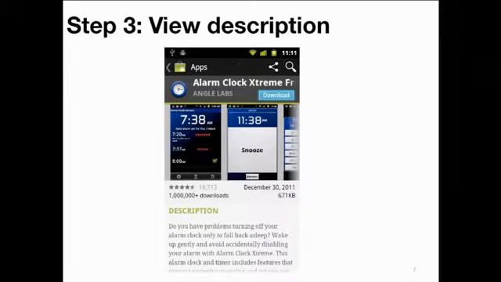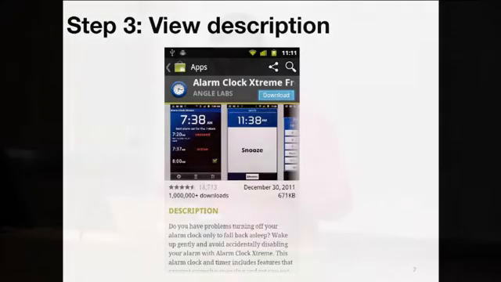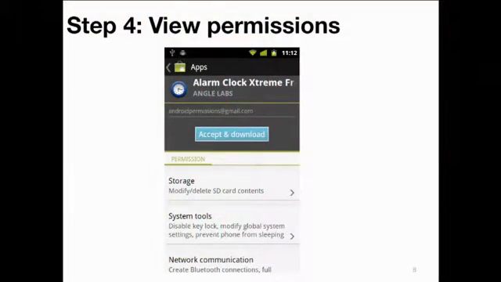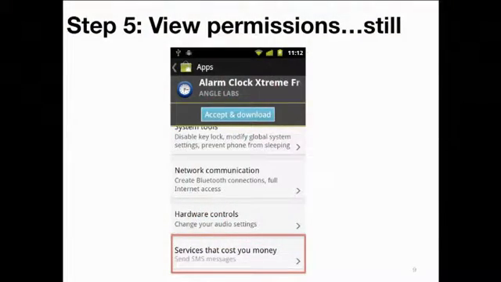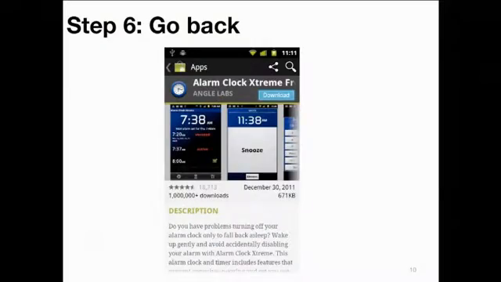There's lots of other information here, more of a description, the title, the manufacturer, some screenshots. If we like this one, we click download, and then it brings us to another screen. On this screen, it gives the user the choice, first and foremost, to accept and download. But below that, it lists the permissions that the app is requesting. With limited screen real estate, you can only really show 3 permissions at a time. If the user scrolls down, they find all the way at the bottom that, yes, this wants to send SMS messages. So now they have to go back to the description page, go back again, go to the search results,